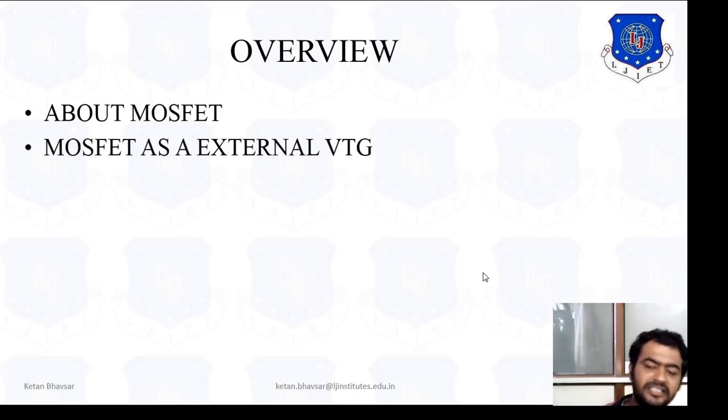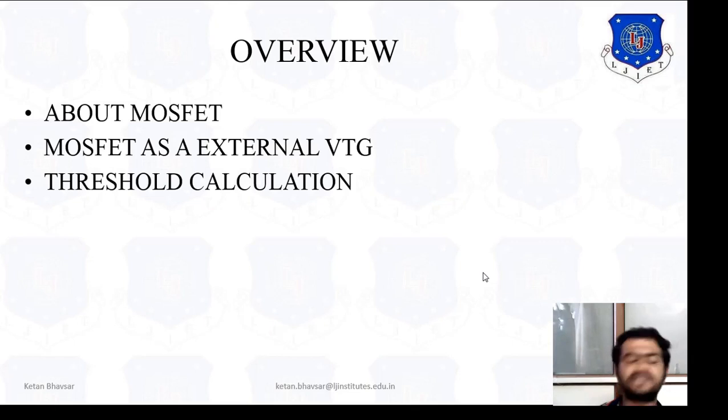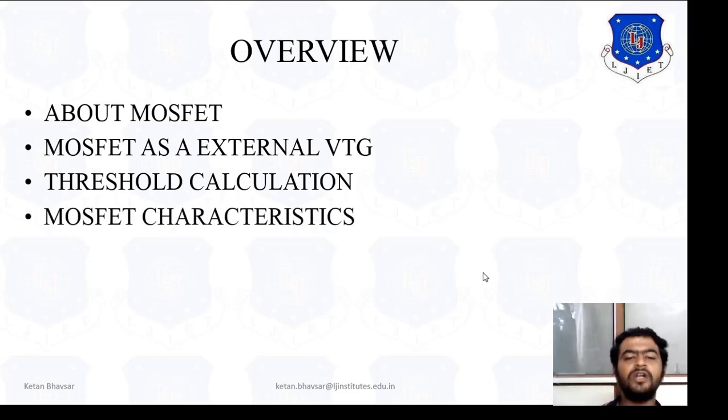As external voltages, we studied the saturation region, linear region, cutoff region, and also the depletion region and surface inversion region. So we have studied these regions under external bias effect or external voltages. Then we studied the threshold voltage in terms of the gamma coefficient, and what exactly the threshold voltage is in both situations. We take the substrate bias coefficient not equal to 0 and substrate bias coefficient equal to 0.